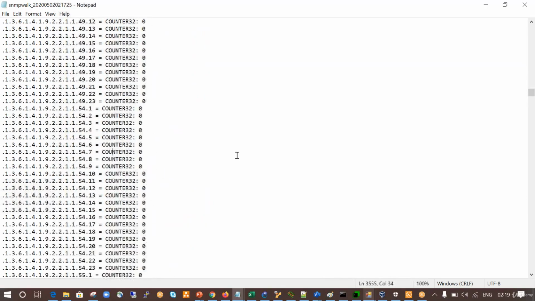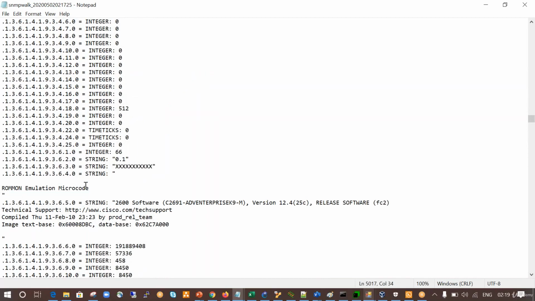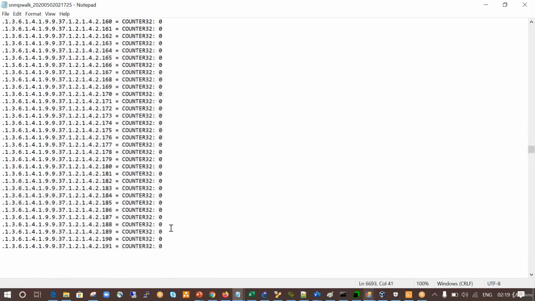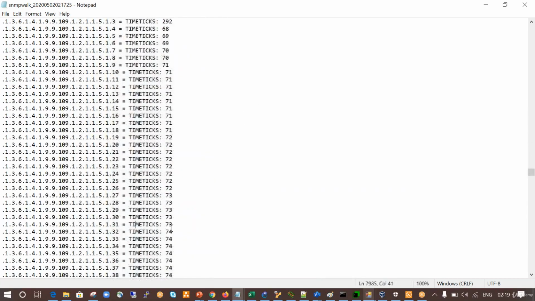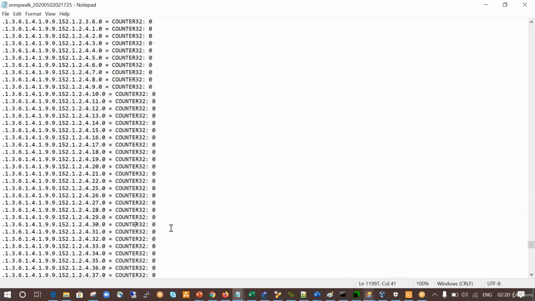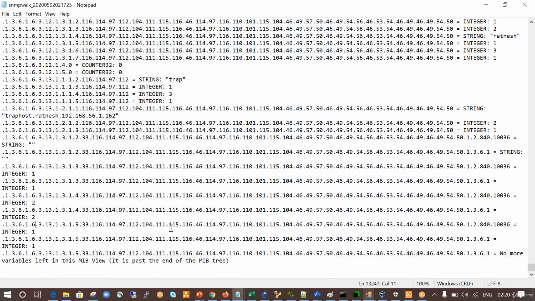But you can see that it's a long output we have, and that's the power we have with SNMP version 2, that it will go and take all the information that we have. Although we have used the root MIB or OID to get this information, it depends on what exact information you need. According to that, you can go and put the filters. All right, so this is the way that we can go and run the walk.